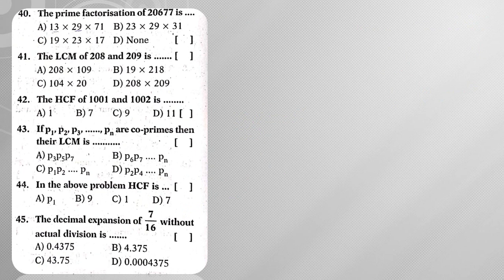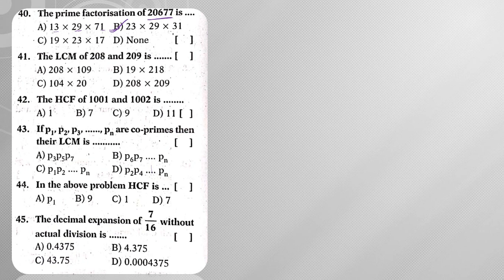So 3 9s are 27, 27 1s are 7. So in its place is okay. So likewise we need to check, right? So 20677, simply do multiplication and multiply the numbers, so then you are going to get the answer easily. So here if you observe it, 23 into 29 into 31 will be my prime factorization of 20677, right? Whenever you are given large numbers, then go with option verification, right?